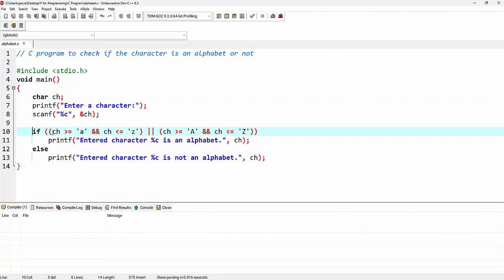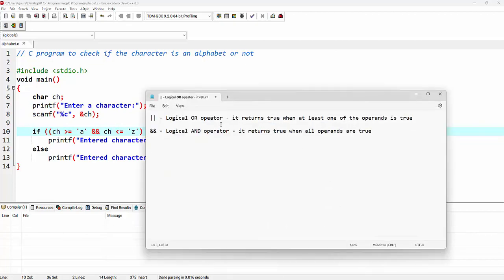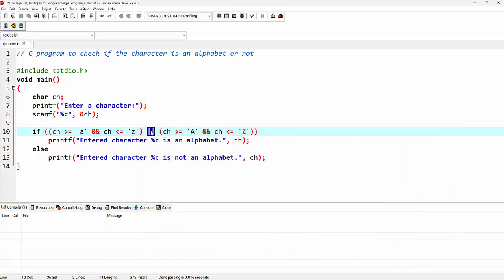Here comes the if statement. This if statement has two conditions. This is the first condition and this is the second condition. As we can see here, these two conditions are connected to each other using the logical operator OR. So let's try to understand this operator first. The logical OR operator returns true when at least one of the operands is true. It means that for this logical operator OR to return true, either the first condition or the second condition has